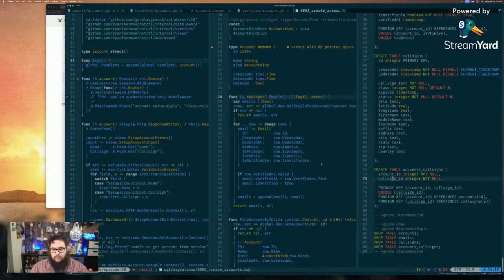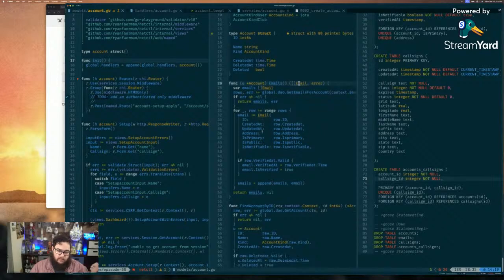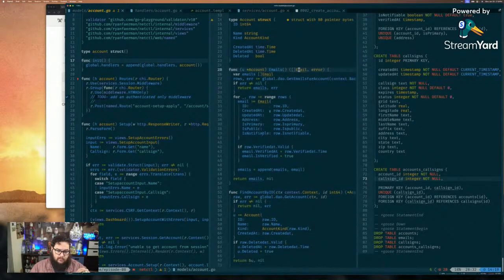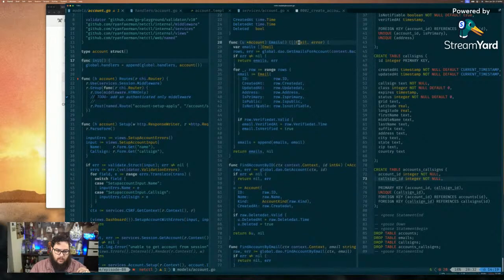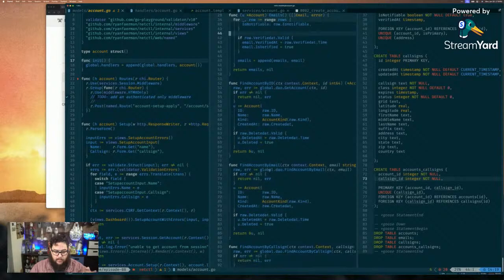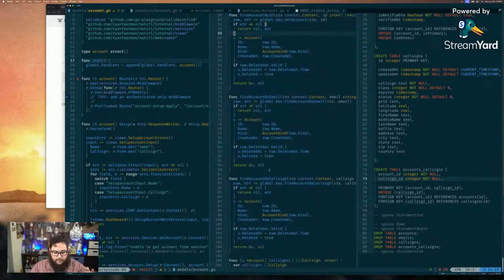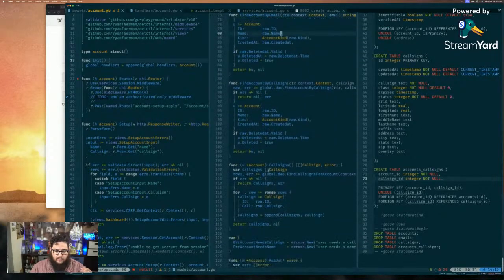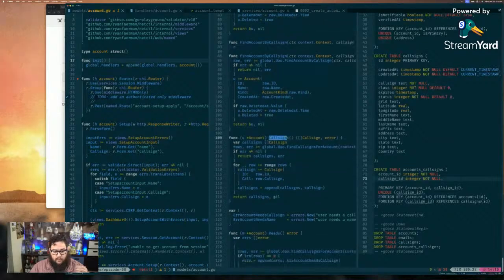So as a result, because we're using a relationship table, looking at the center column here, we have an emails function that returns a bunch of emails or error, of course. We get the emails, we actually look it up, turn them into usable email type, which we have defined elsewhere. And then we can find by ID, we can find by email, and we can find by call sign. We have a similar lookup for call signs. And then